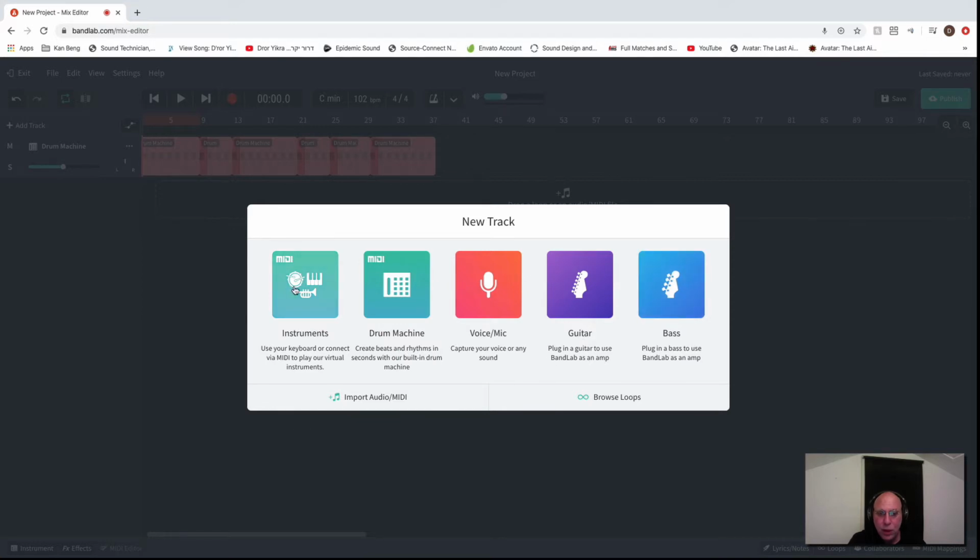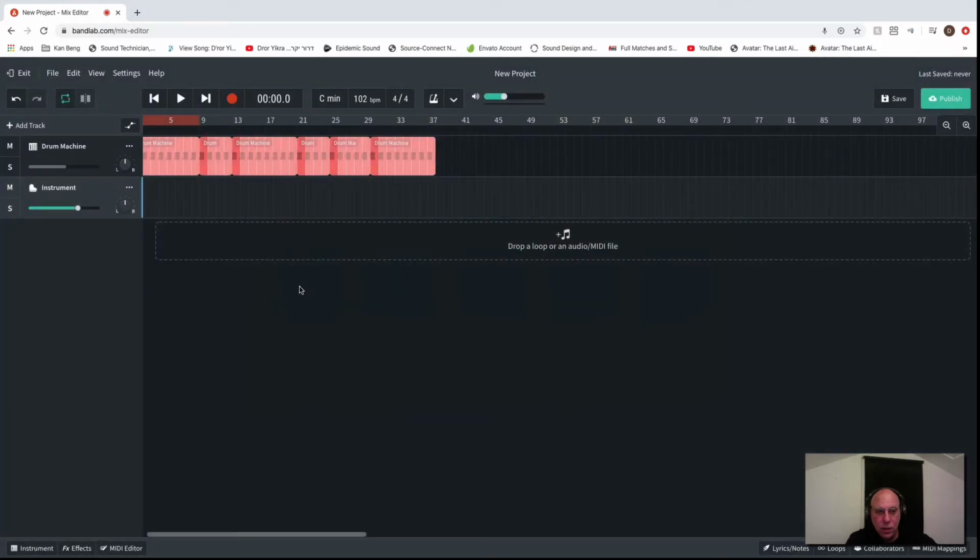This time we're going to use the computer keyboard to add an instrument. We will start with a bass. So if I click on it, you'll see that it creates an instrument track. Now this instrument is what we call a MIDI instrument, so it's whatever sound the computer has and we control